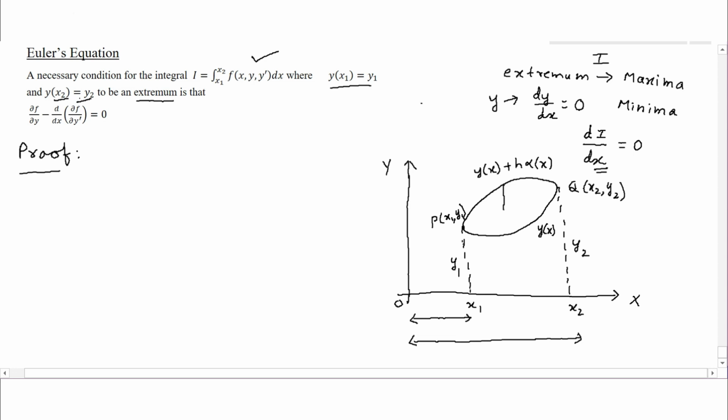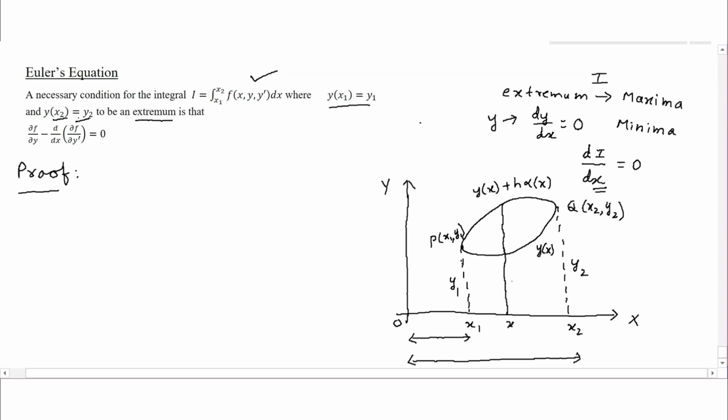Let me just extend this to a straight line. So at this point x, this is your y distance, y. This particular region is nothing but h times alpha of x. So what we are considering over here, let us take I to be an extremum. Let I be an extremum